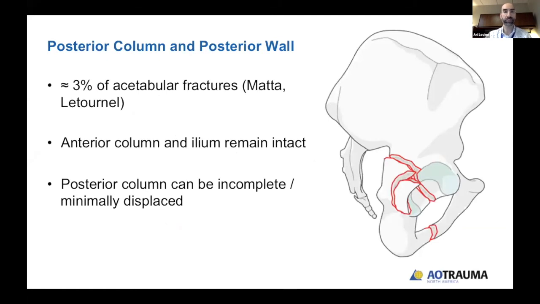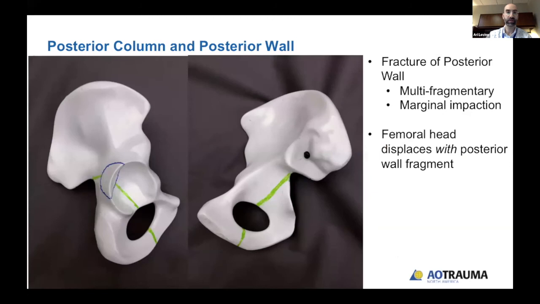Moving on to the posterior column and posterior wall fractures. Again, overall, a fairly small subset of all acetabular fractures. Again, the anterior column and the ilium will remain intact. The posterior column in these fractures can be incomplete or minimally displaced. If we look at this on a pelvis, the anatomy of the posterior column fracture is essentially identical to that in the elementary group. And the fracture of the posterior wall can have all the features of any posterior wall, that being, it can be multifragmentary, it can have marginal impaction, and these are all issues to identify and address